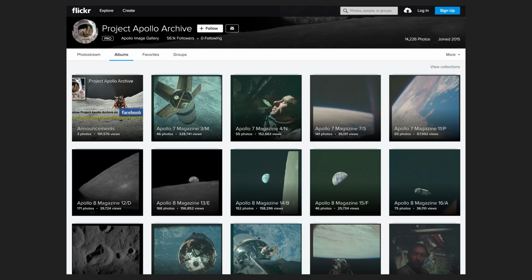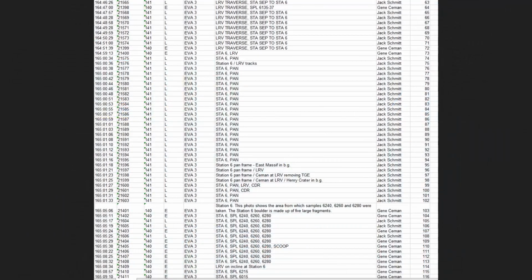But again, this is like that view of only photography, right? Of course, it's Flickr. But what we want to do is take that photography and figure out when each picture was taken. So here's a list of photos that were taken on 17 with ground elapsed times on the left. So that's 165 hours, 1 minute, 20 odd seconds into the mission, this photo was snapped. And that's really what we want to know for Apollo in real time, is that kind of view.